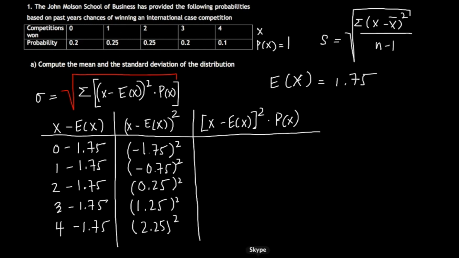So in the final column, once again, I'm just going to write out the number that it gives me. So let's say negative 1.75 to the power of 2. I'm going to write out the number that gives, and then I'm going to write out the probability on the side, okay? So this gives us